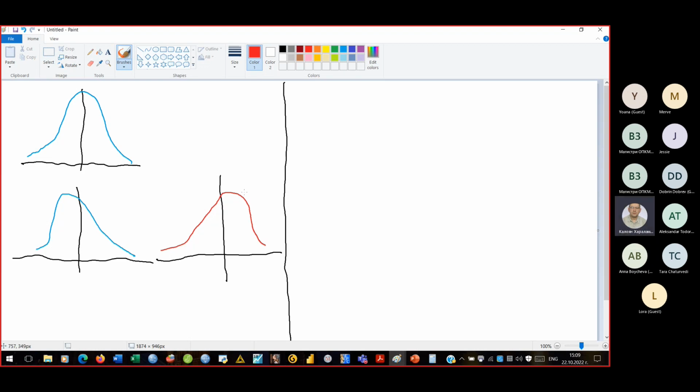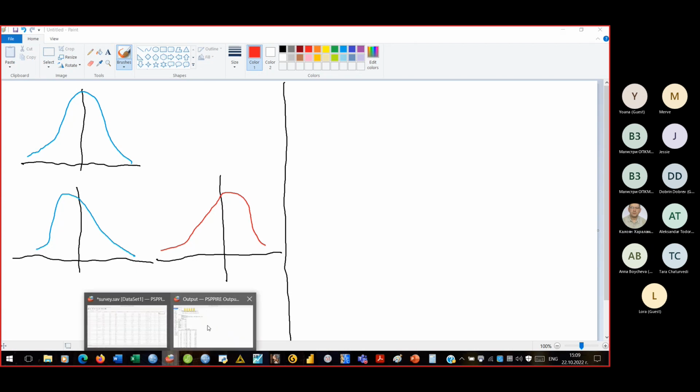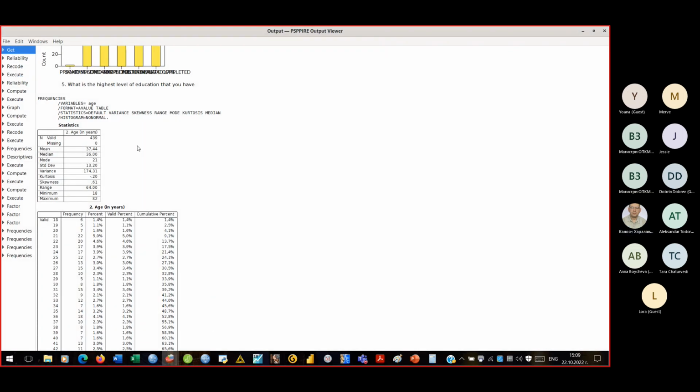But in this case, in the opposite, the left tail of distribution is longer than the right tail of distribution, and the distribution is left skewed. So this measure of skewness here, skewness 0.6,